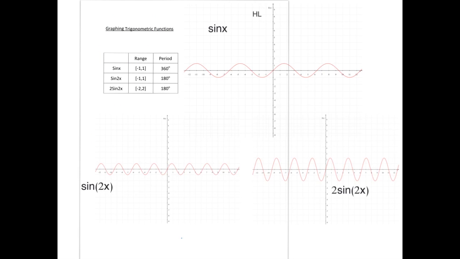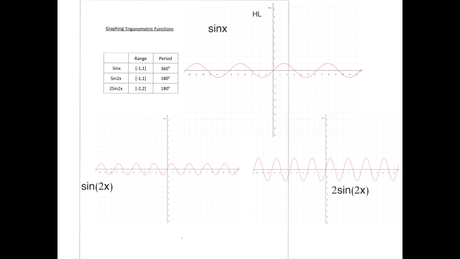In this video, I'm going to talk a little bit about how we graph some of these trigonometric functions. So first I want to take a look at the function sine. If we plot the function sine x, we can see that we get this wave-like pattern here. And if we look more closely at this graph, we can actually tell what its range